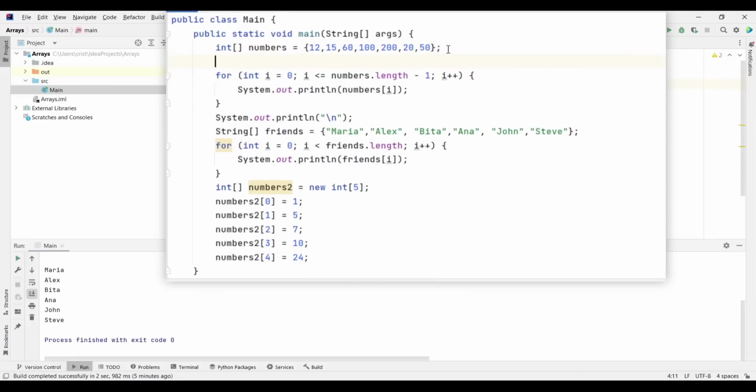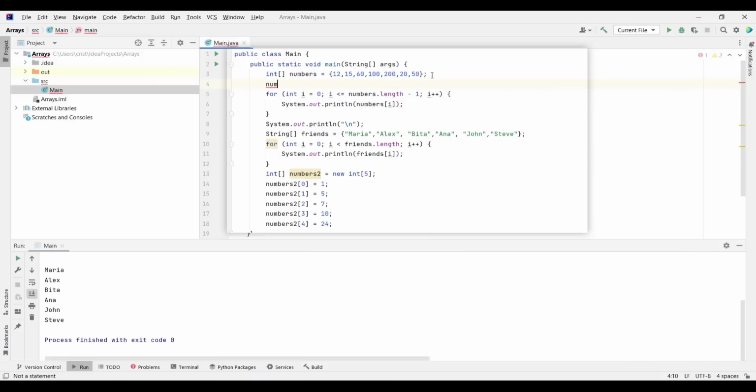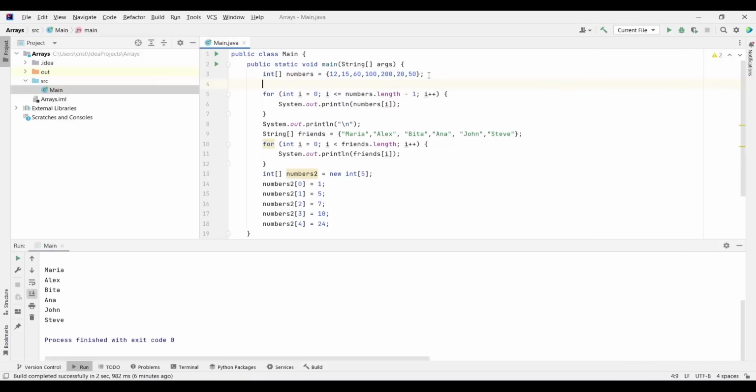If I type numbers and want to call add, there is no add function for our array. Our arrays have a fixed size, and the size is given by the number of elements that you passed when you first created the array.